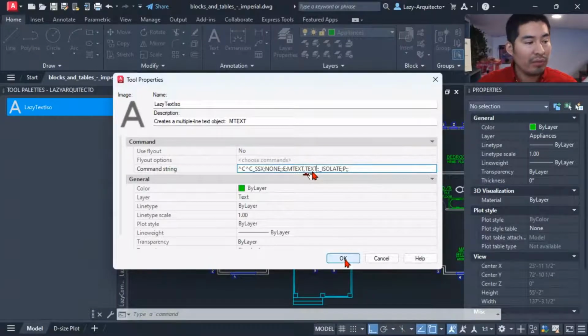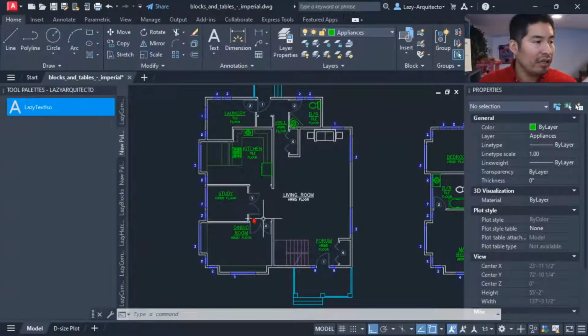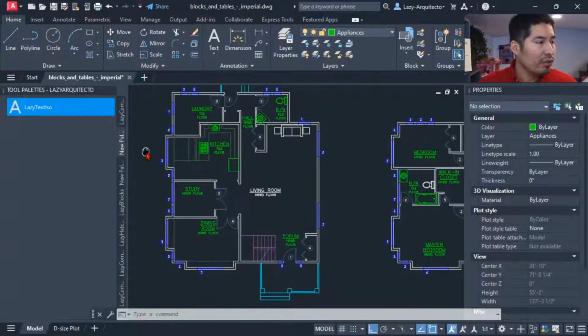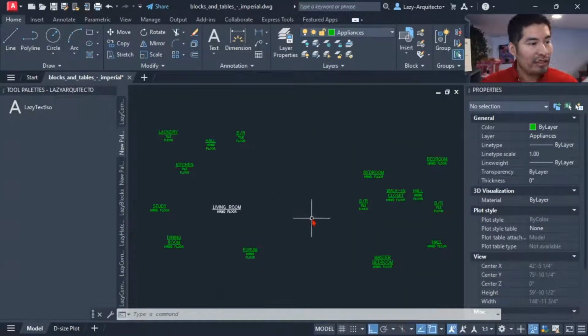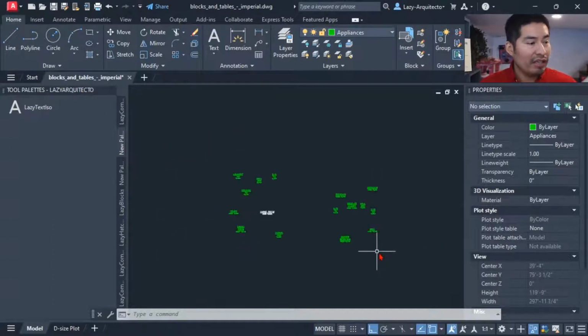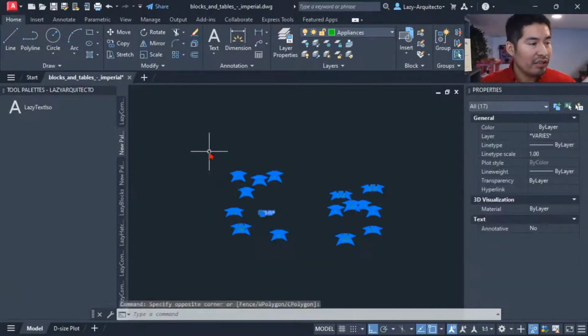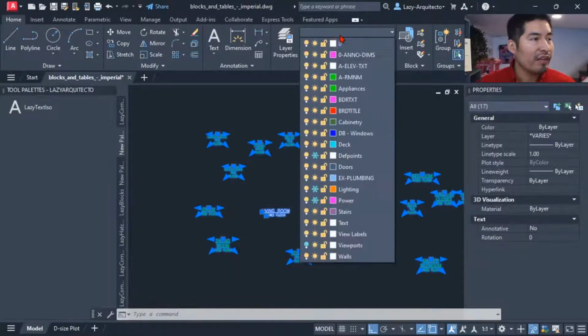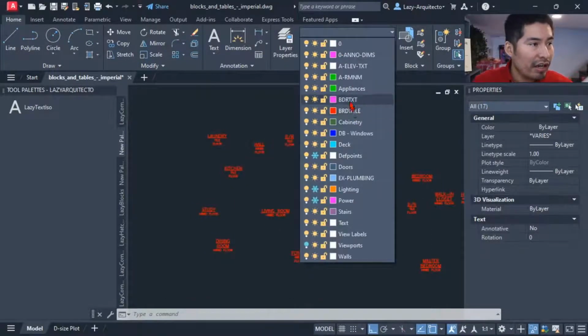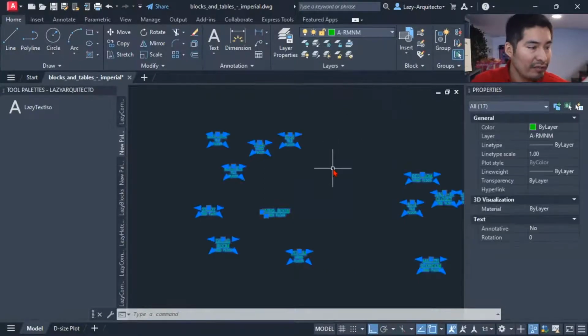So this way, when we click OK and test our new command, we can see that immediately we can isolate all of our entities regardless of whether they are in different layers or are different items such as text or mtext.